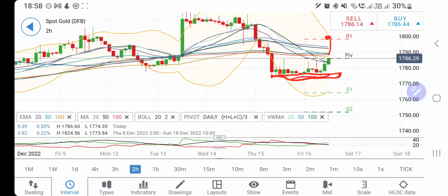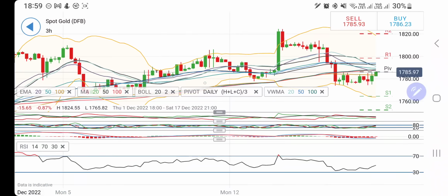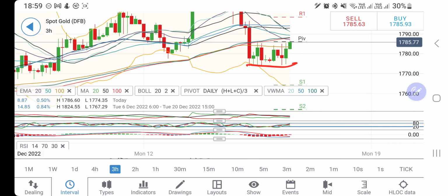In fact, it is crossing over a further bottom, and see, this is divergent. This indicates possibly we may see the bullish momentum here, and gold might try to hit 1790, 1795 and 1800 levels. There is a probability for it to do so. Buy at 1787. RSI looking upwards here, and if you look at the 3-hour charts,